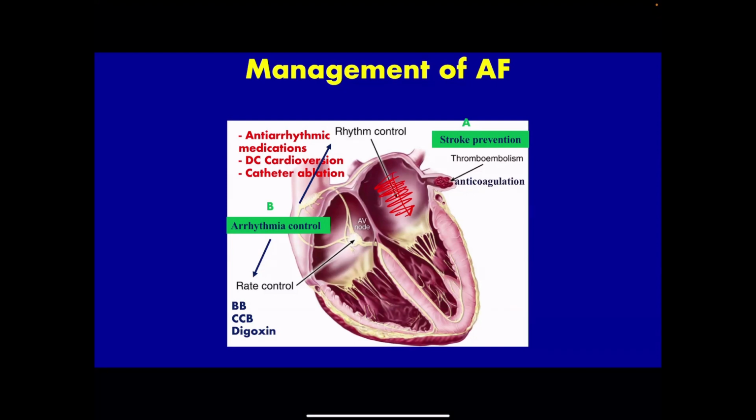So when there is a beat or an atrial contraction, the blood is going to go to the ventricles with